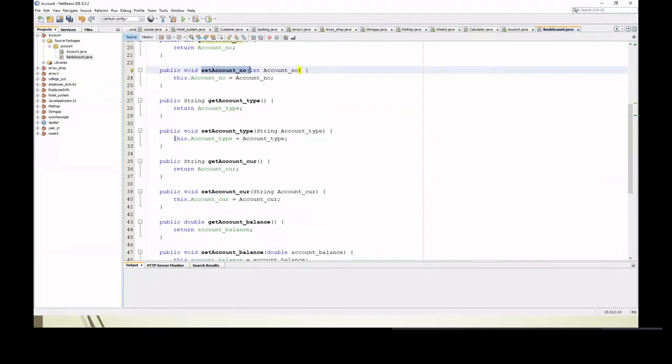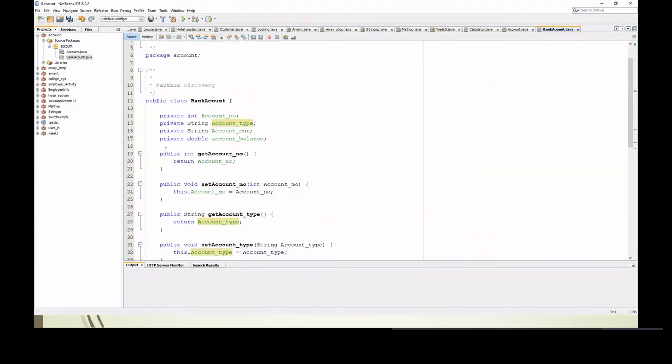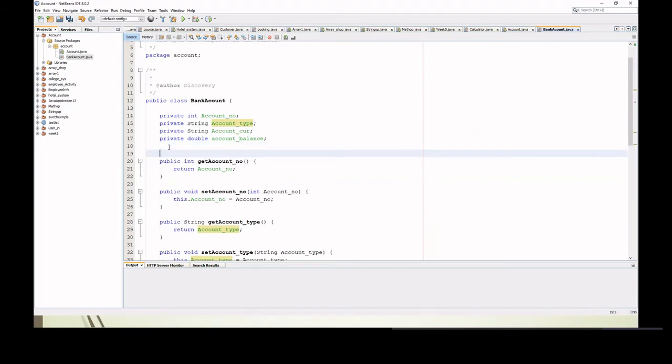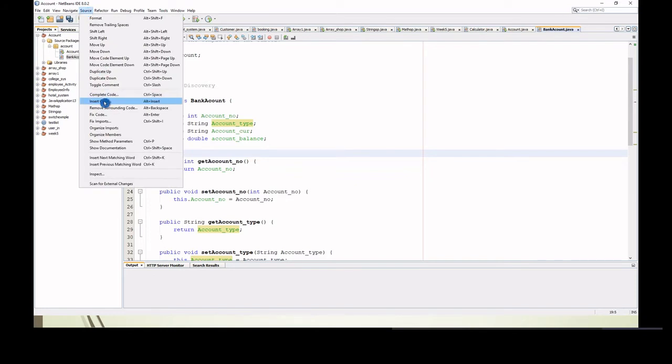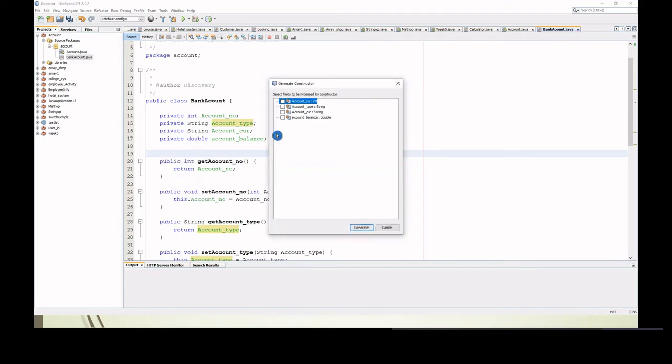And look at the word this. This means the class, bank account. We are meaning this class. So this variable account type belongs to this class. Now for this class, I need to create a constructor. By default, the class has a default constructor. What's the default constructor? If you go to insert code and choose constructor, which is the first option,